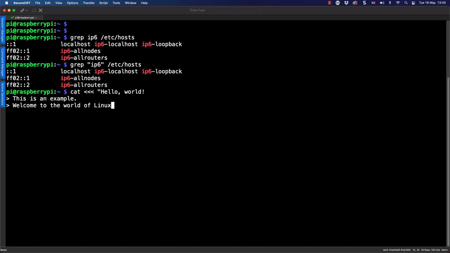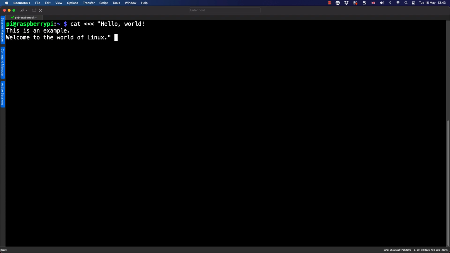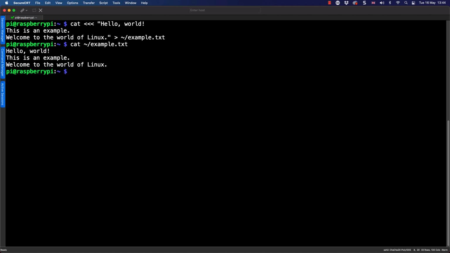But if we try and get exactly the same text, then we know we're going to get exactly the same results coming back. And once I've got then my text ready, I can redirect it. Control and L just moves me to the top of the screen, but I can then use the single redirection through to my home directory, tilde, and /example.txt. If I then look at cat and the file name, escape and dot just brings up that path again. We can see the content. Now, of course, I can just edit the file with nano or vim, whatever you prefer, but using the command line like this, we can easily create it, and you can copy the code from the URL included.